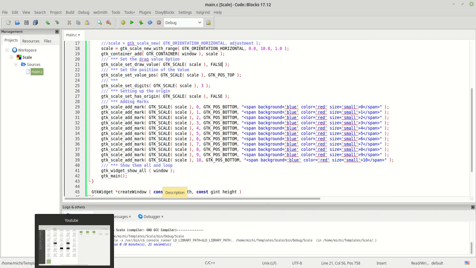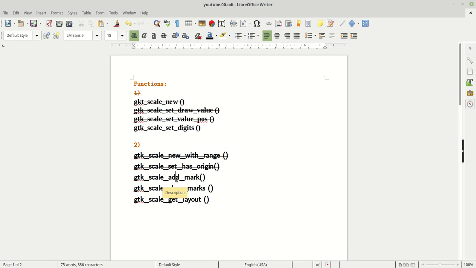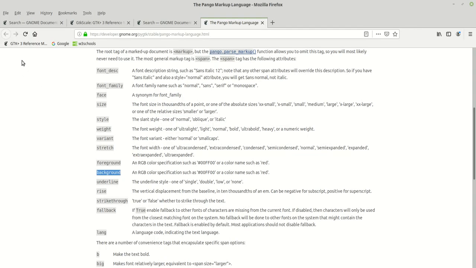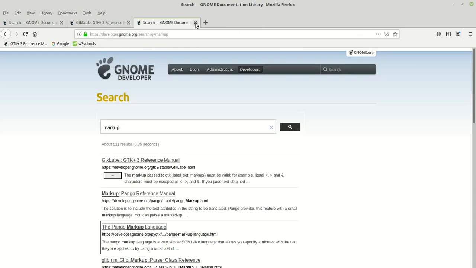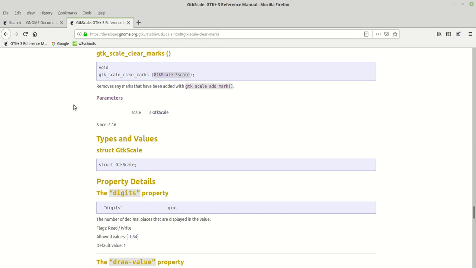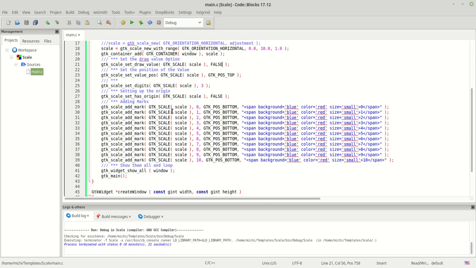Okay, let's move on to the next one, and the next one is GTKScale clear marks. Clear marks means once we create something we can clear it, isn't it? Let's see what the manual says. We don't need this thing anymore. And we are going to scale clear marks. It says removes any marks that have been added with GTKScale marks. Okay,